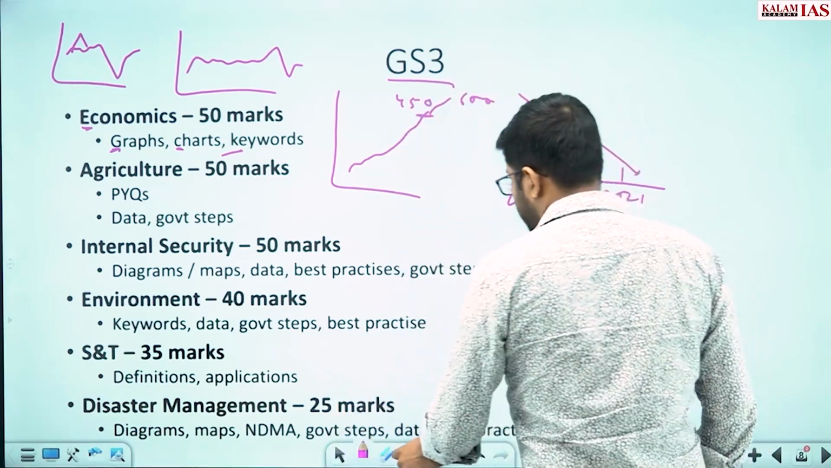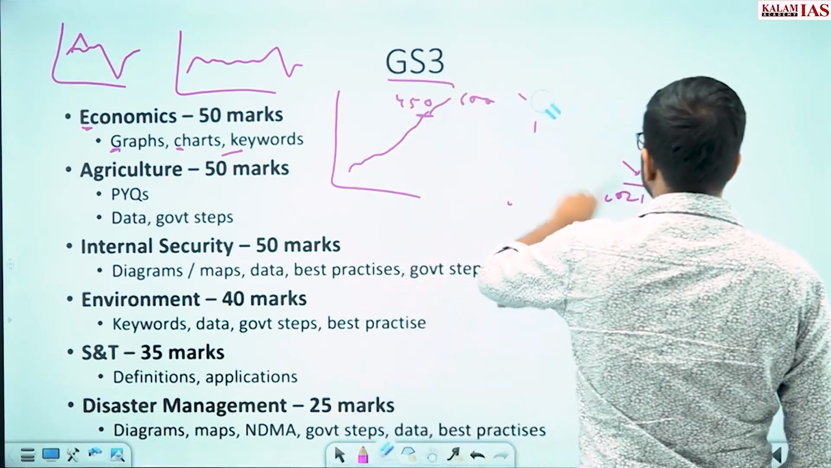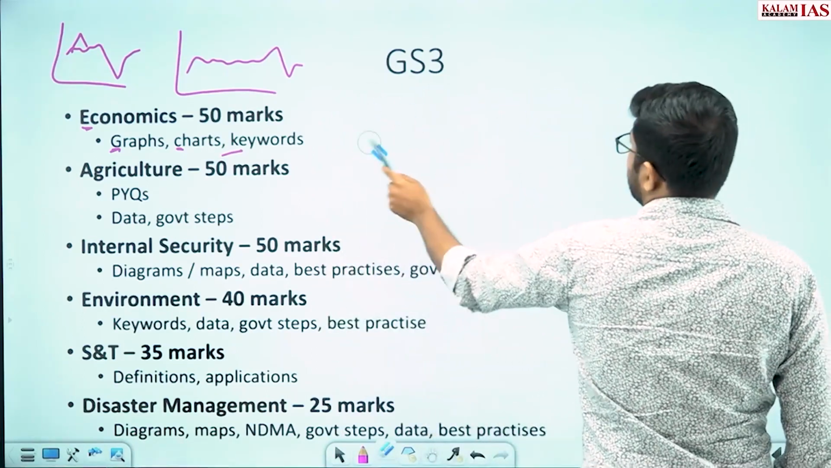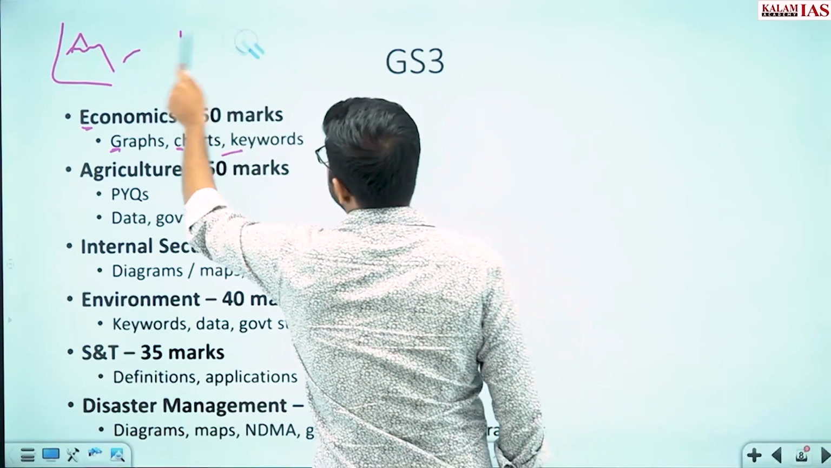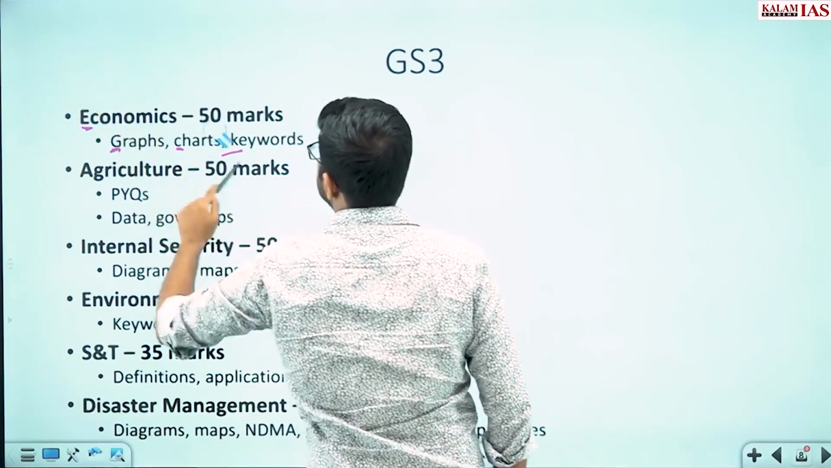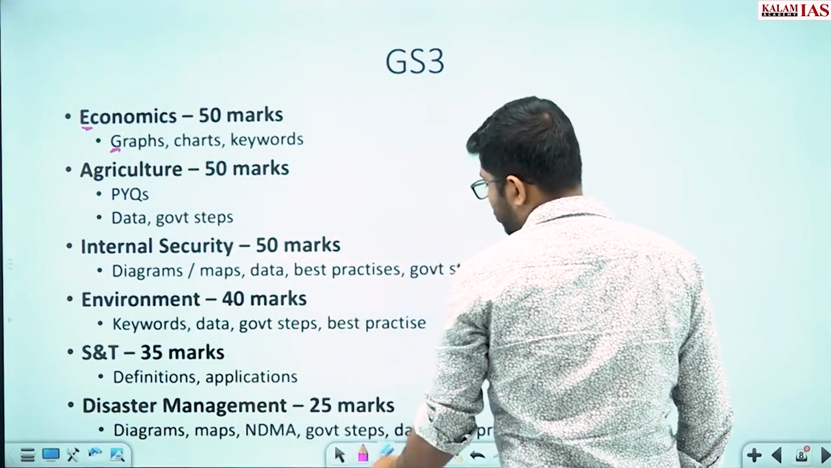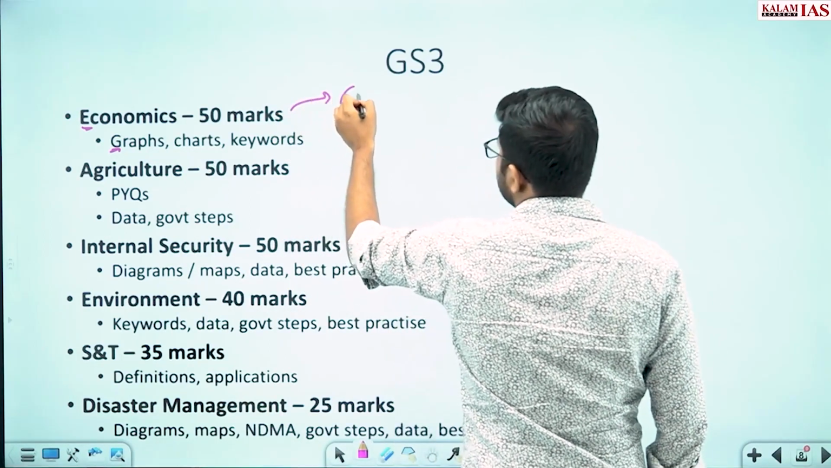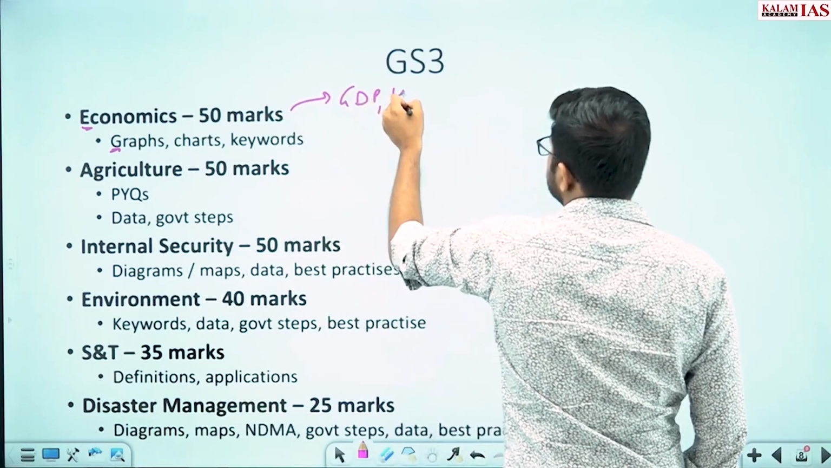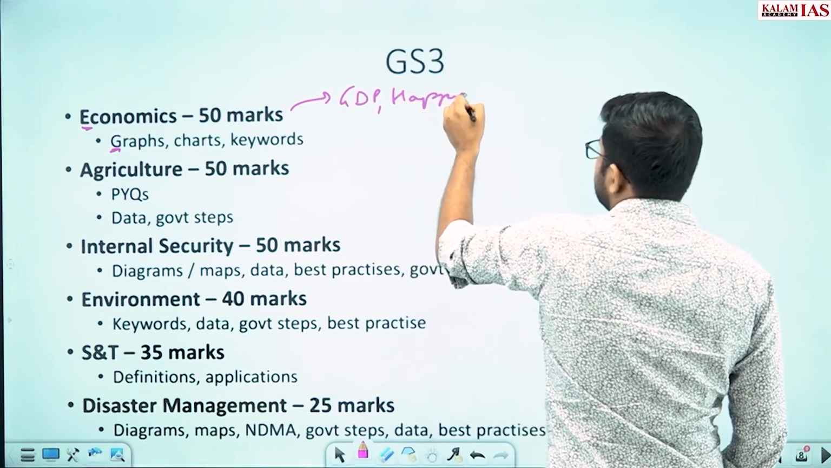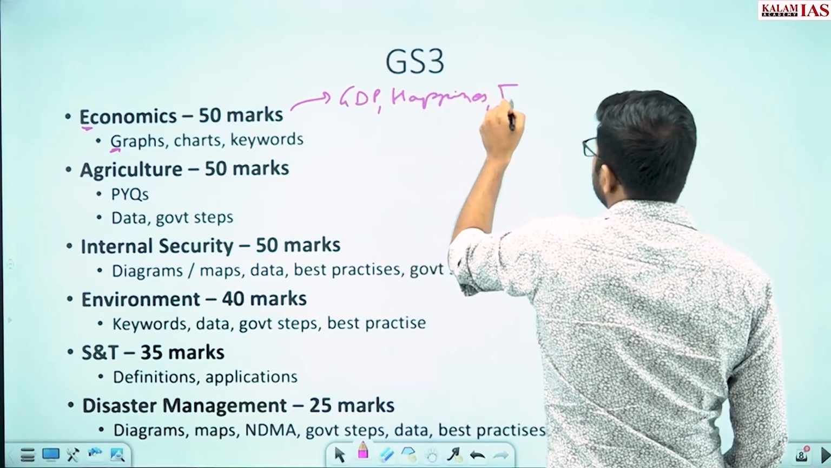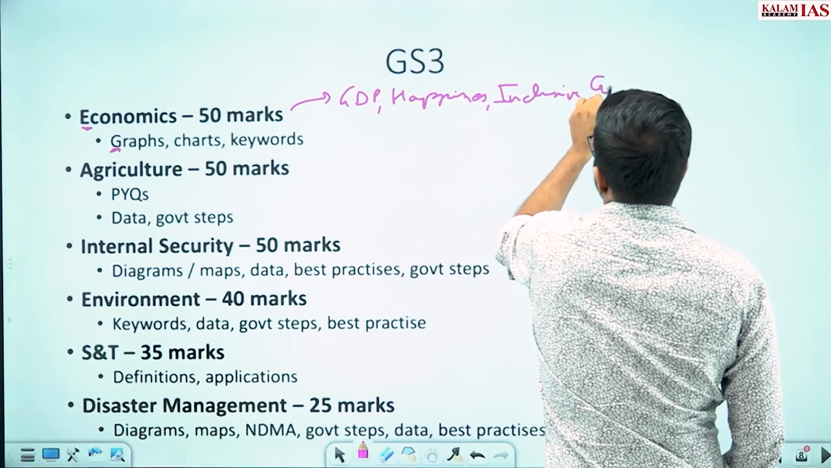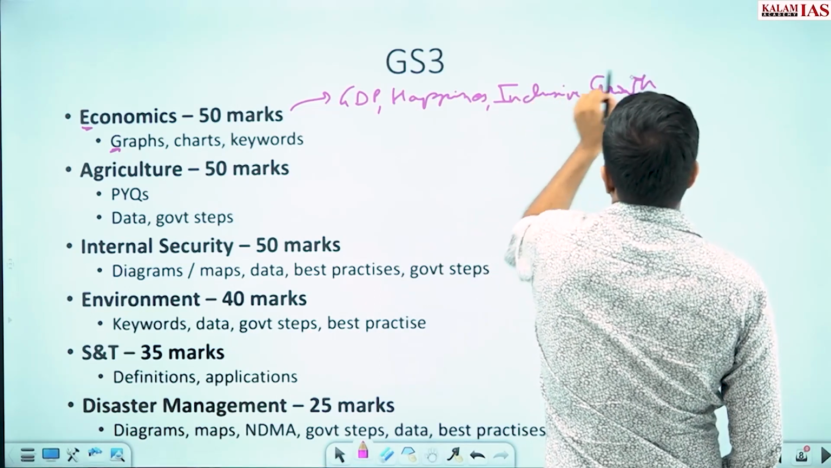Third thing in economics is you should know that few themes are quite repetitive. First thing is growth and development. It is clearly mentioned in the syllabus, so you should prepare these topics. So growth and development includes GDP growth, happiness index, and then inclusive growth, again a very repetitive theme in economics particularly. Every second year there is a question. Then